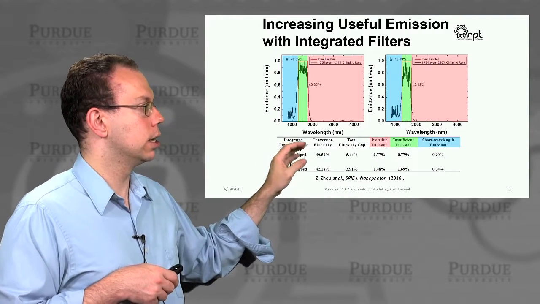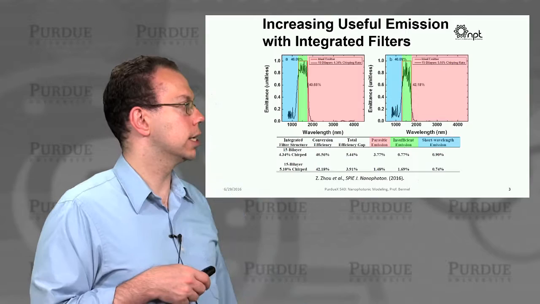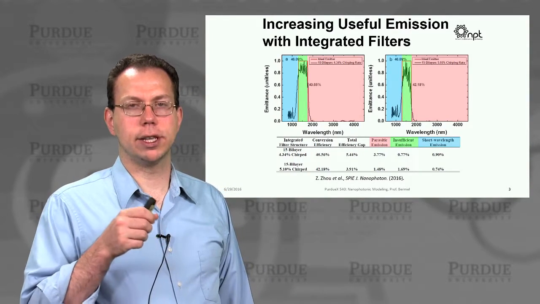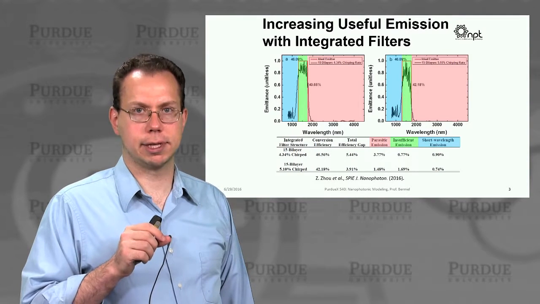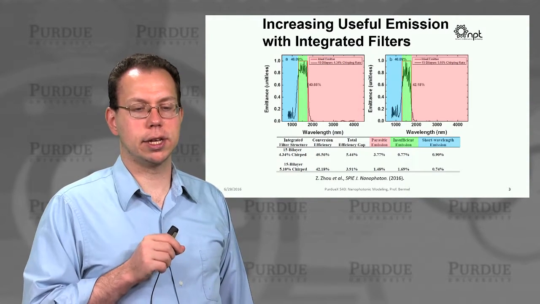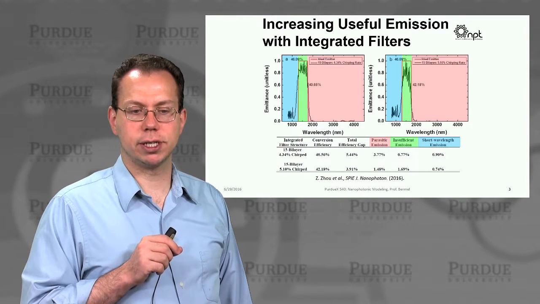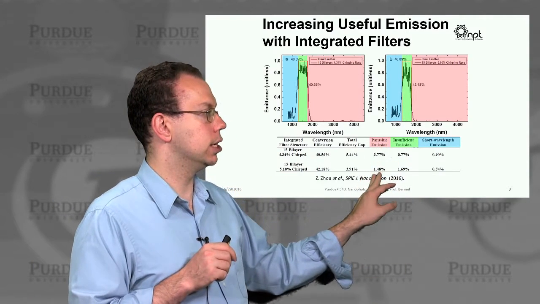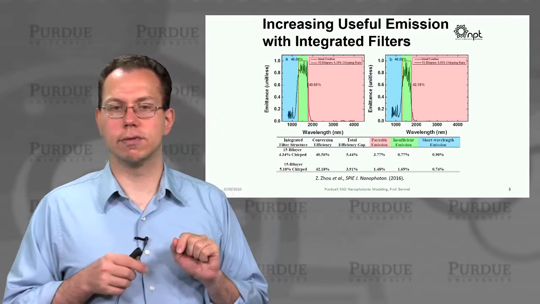But in this second structure, we essentially just adjusted the chirping rate, which is the rate of change of the periodicity as a function of the depth into the system. You can see that you reduce the parasitic emission by 1.5%, which is enough to account for the difference between these two parasitic losses and thus the increase in the conversion efficiency.